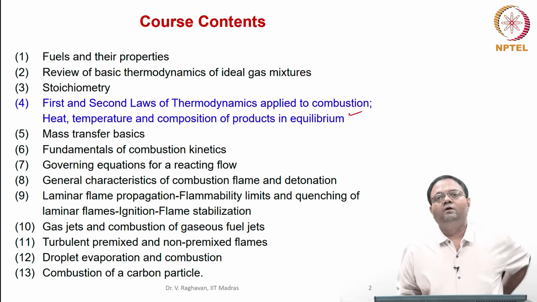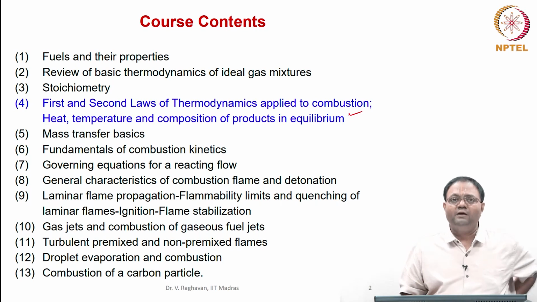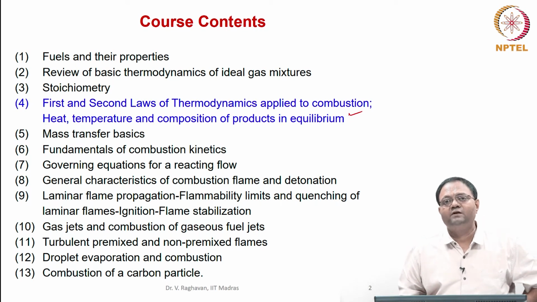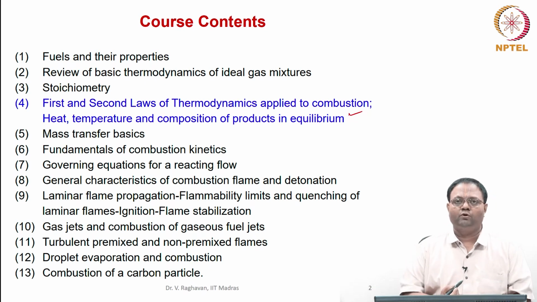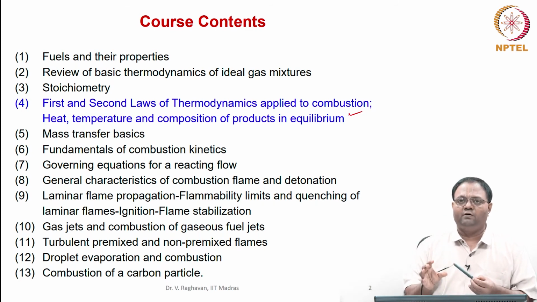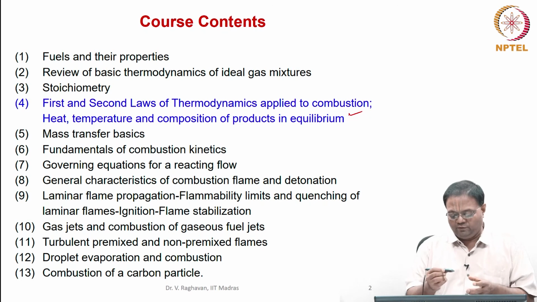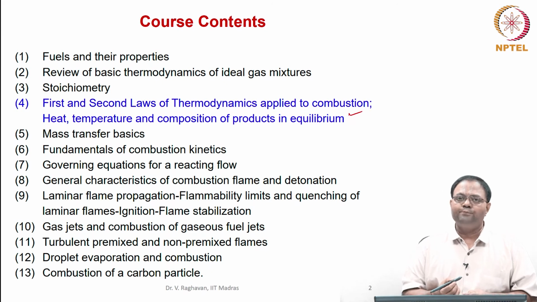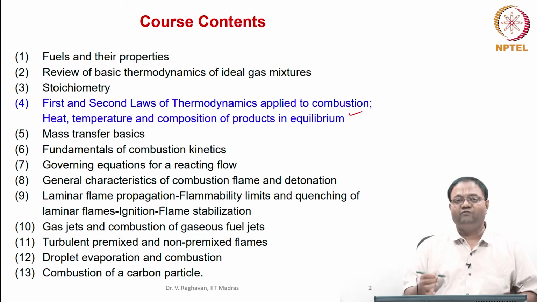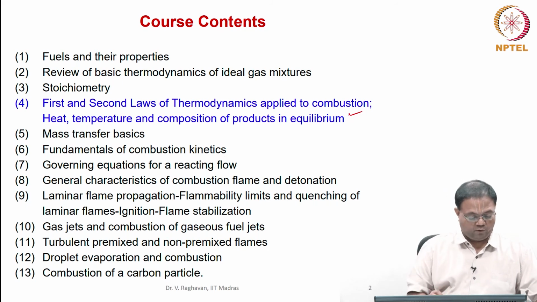A variable defined using the second law is entropy. So, based on entropy, two free energies have been defined. One is Helmholtz free energy and one is Gibbs free energy, used in constant volume and constant pressure processes respectively. Using that, we calculate the Gibbs function change, and from that we calculate the equilibrium constant, which is defined as a ratio of partial pressures of the product mixture and the reactant mixture, and from that you calculate the equilibrium composition. Okay. So, this finishes this topic.